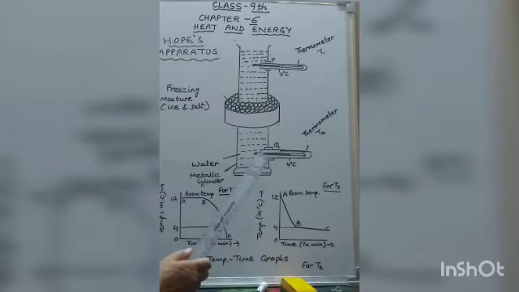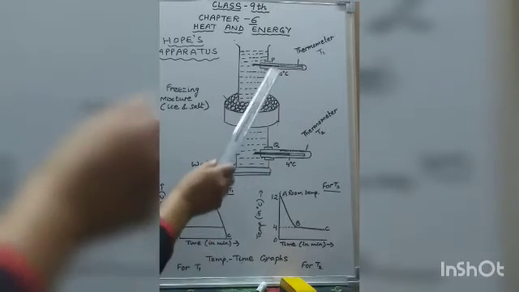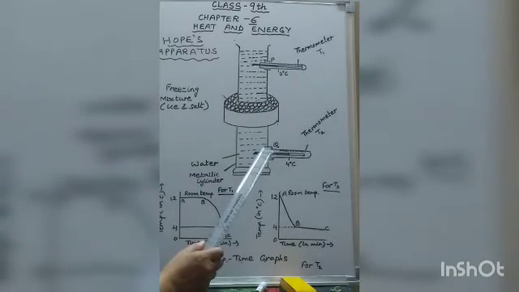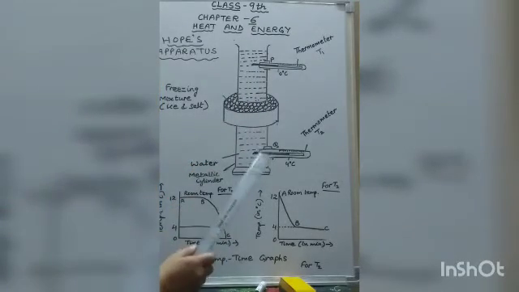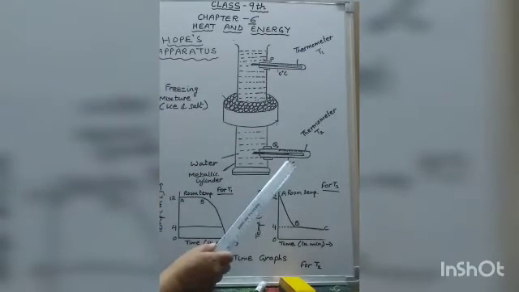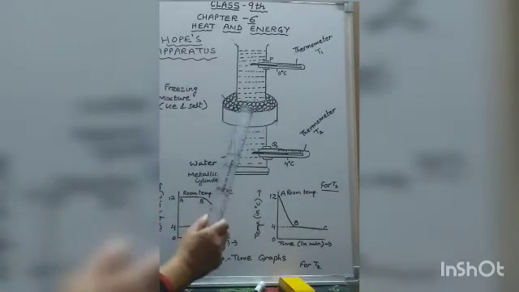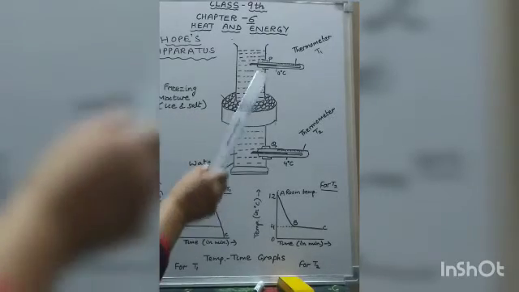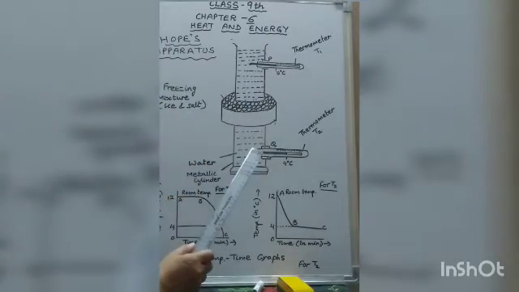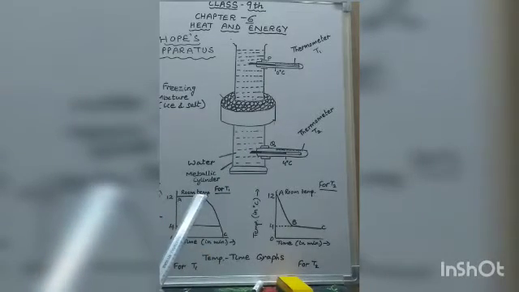water. So this apparatus consists of a tall metallic cylinder and it is provided with two side openings P and Q. The side opening P is fitted with thermometer T1 and Q is fitted with thermometer T2. The central part of the cylinder is surrounded by a cylindrical trough and it contains a freezing mixture of ice and salt. And the cylinder is filled with pure water which is at room temperature, suppose at 12 degrees Celsius.